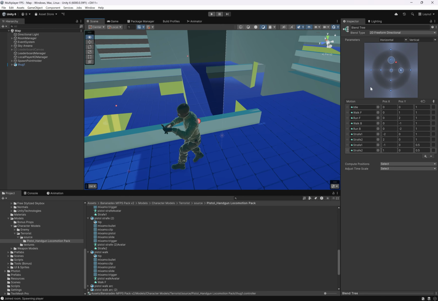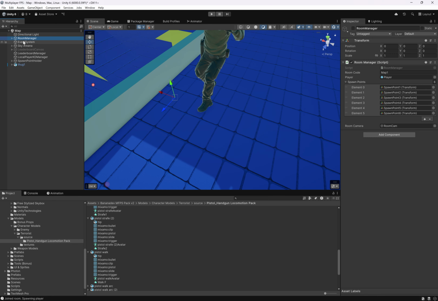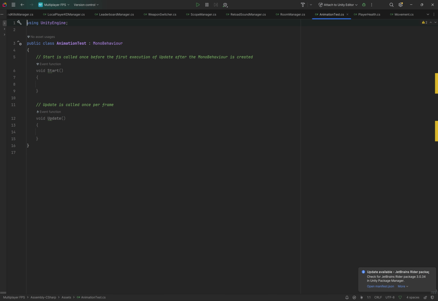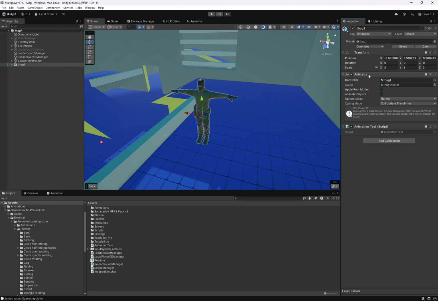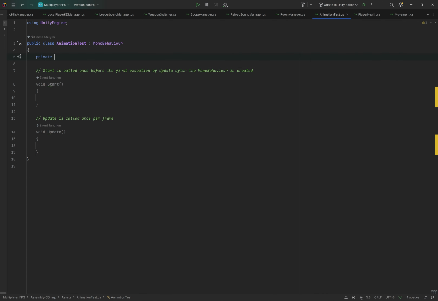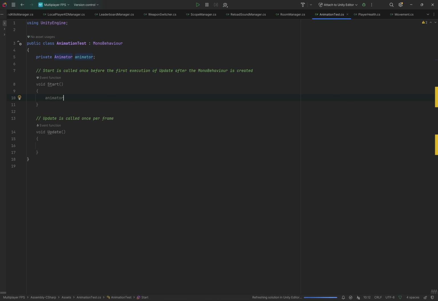So let's create a script so that we can visualize this, test it. So let's disable our room manager and let's add a new script to our thug called animation test. Awesome. So this animation test script, first, let's get a reference to our animator. We will add a private animator called animator, and we'll get a reference to this in start. So we'll do animator equals GetComponent animator,